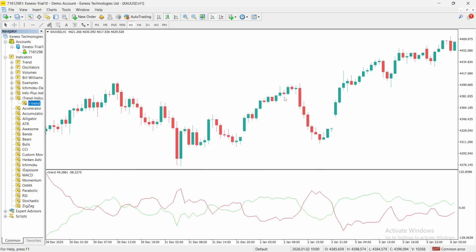As for who it is for, the iTrend indicator is suitable for trend following traders who want clarity in trend identification, allowing them to align positions with the dominant trend, swing traders looking for early trend detection before the trend becomes widely recognized, and multi-market traders since it's highly versatile and can be applied to any markets including stocks, commodities, forex,